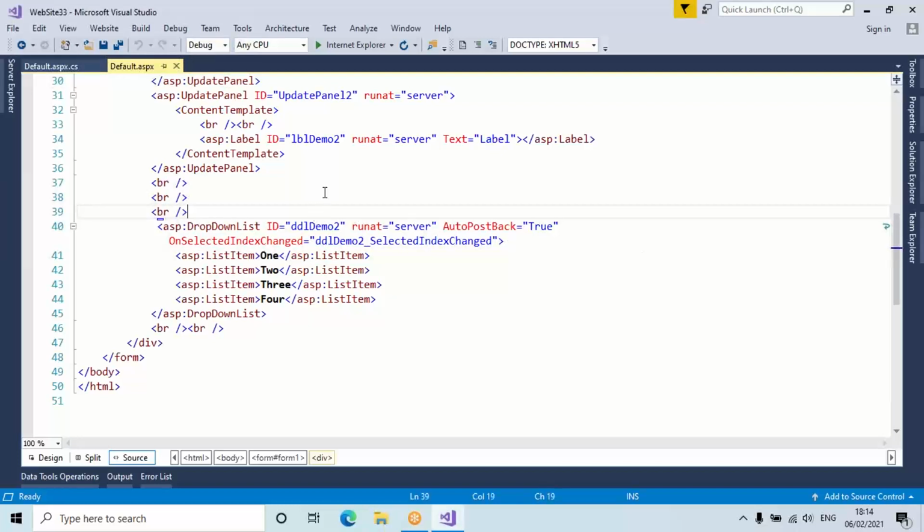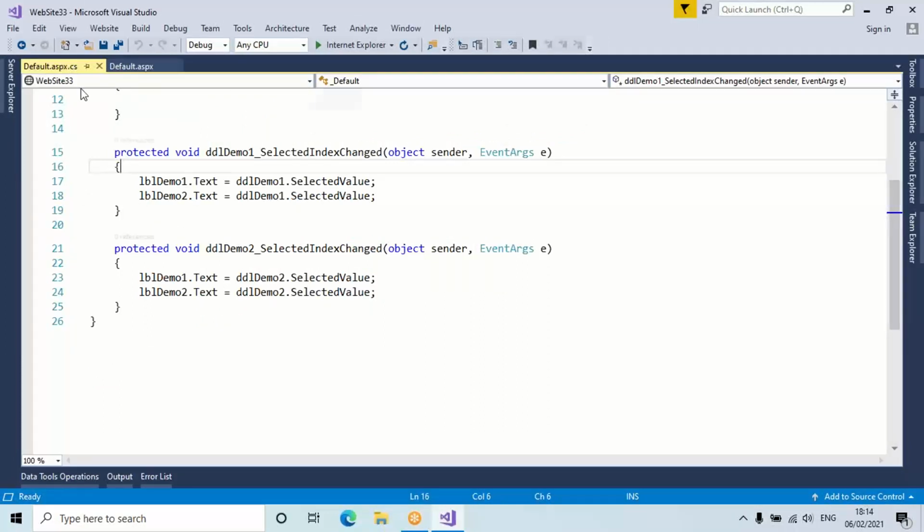Update progress control. Two more controls we'll discuss. Now, here in this demo file, default.cs file, aspx.cs file, what I do is,